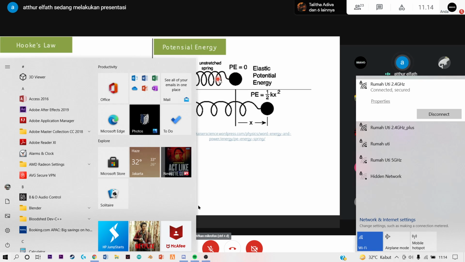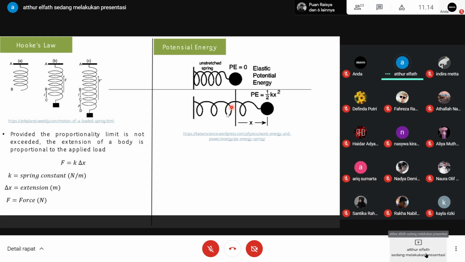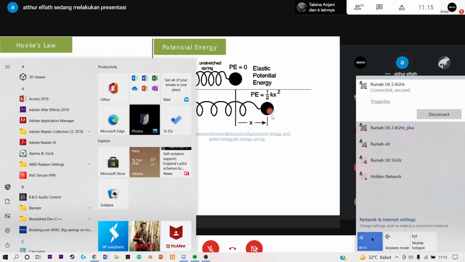Okay, at the first condition, without extension or compression, this means at this point, potential energy equals 0. But after the spring is longer than before,